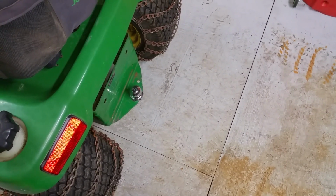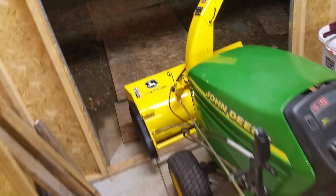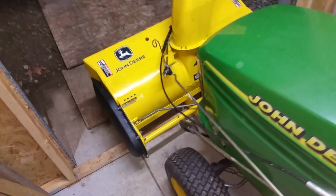I also did put the rear hitch on, so I can move my 5x8 trailer around the yard as I need to, and around the driveway. We have a little bit of a reprieve from the snow here, but what I wanted to mention here is